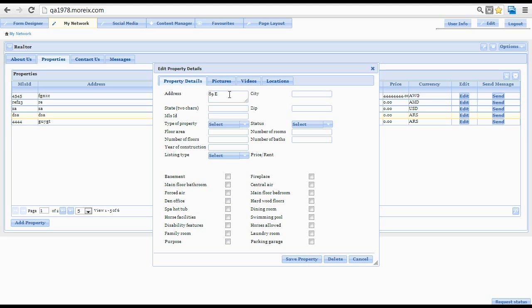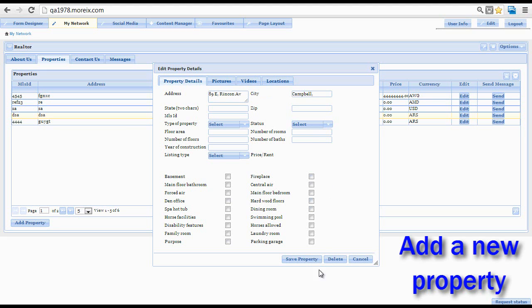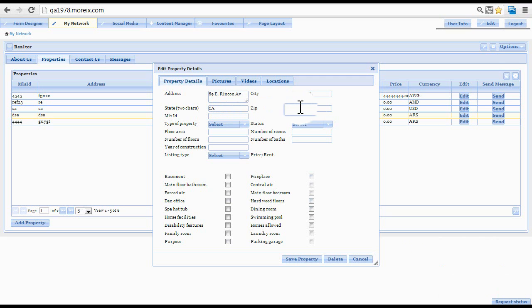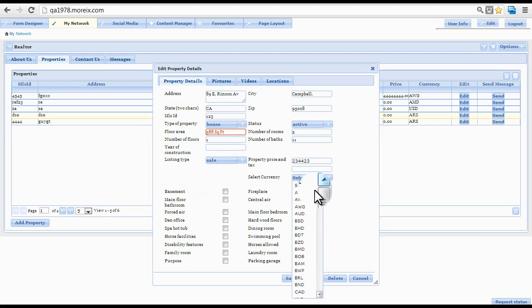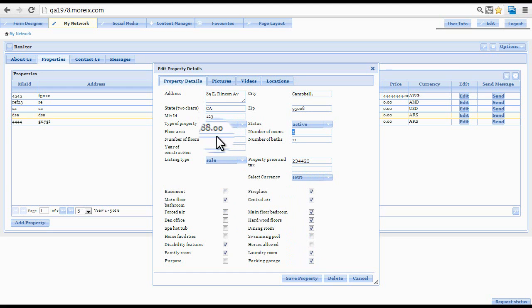Let us see how to add a new property by clicking on the Add Property button. It gives an entry form with relevant fields such as the complete address, the number of rooms, the number of floors, the year of completion, the area of the particular house, the type of house, the price in currency, in any currency that one requires. Here we are choosing the US dollar as the currency, and all details about the property can be input